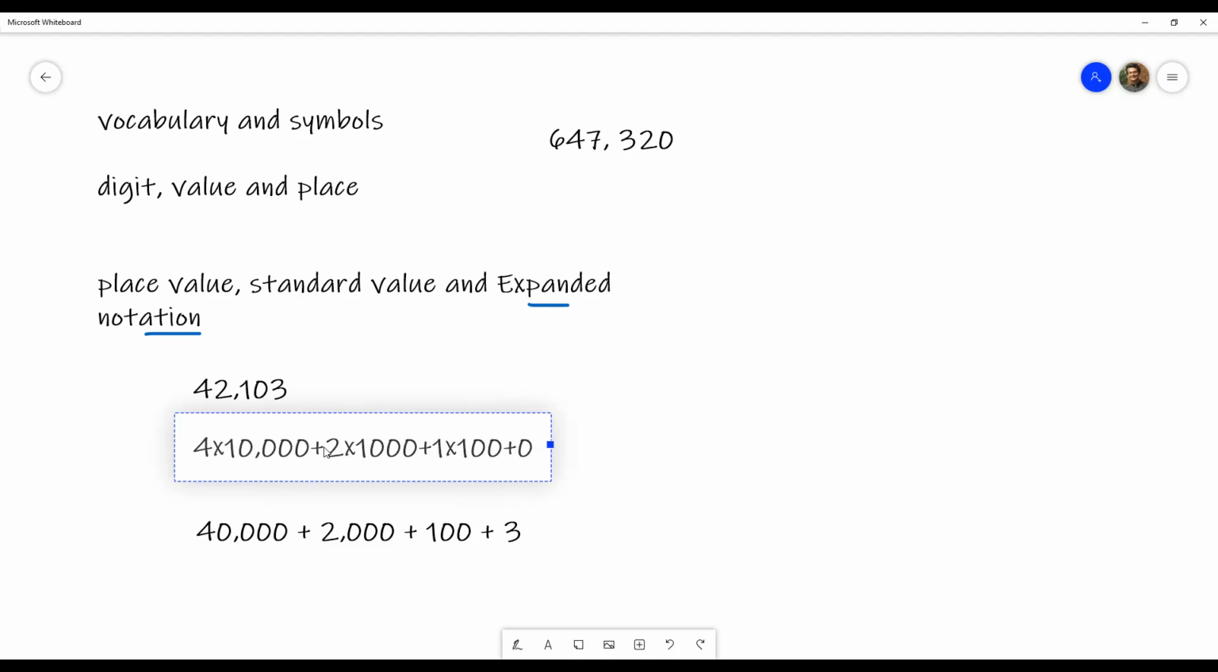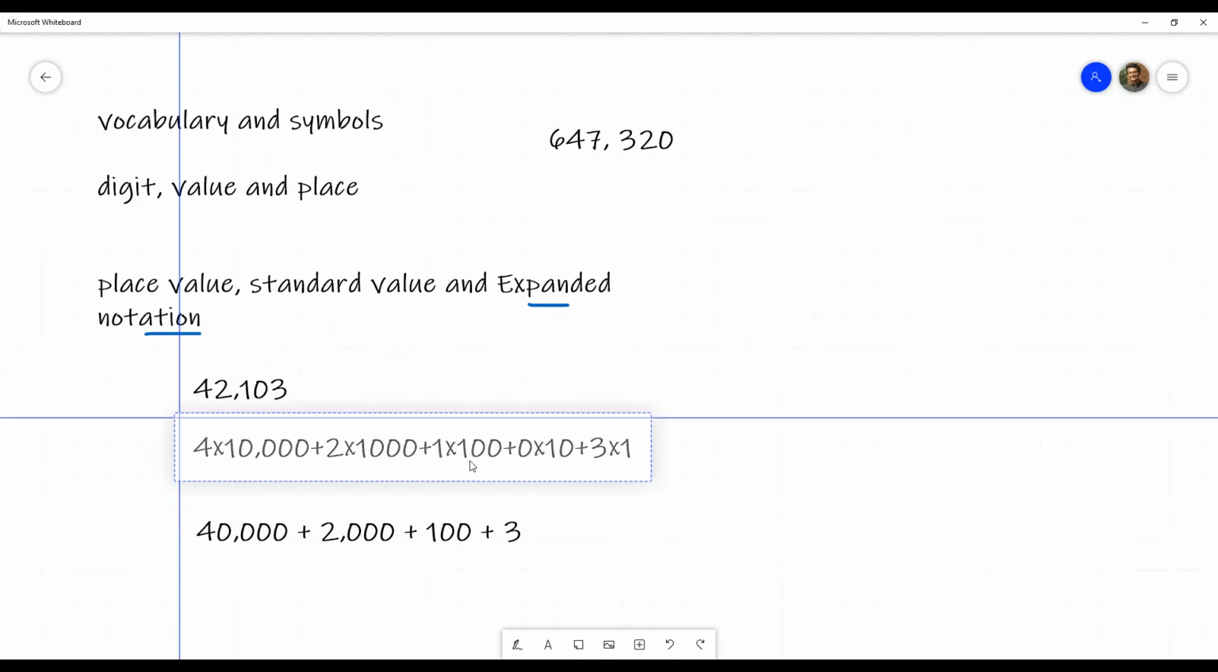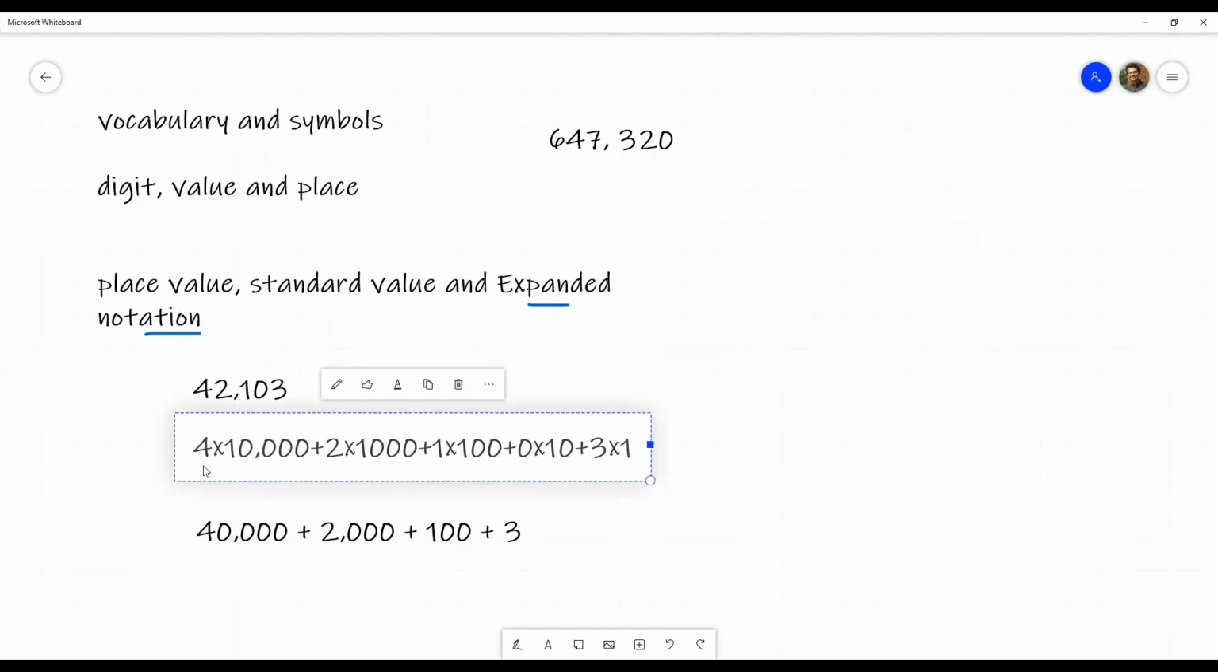Tens. Correct. You multiply 0 with something, you get 0, but it's still fine because we still have to write it. And the place value of 3 is 1. So if you write it like this, you break it down: 4 times 10,000, 2 times 1,000, 1